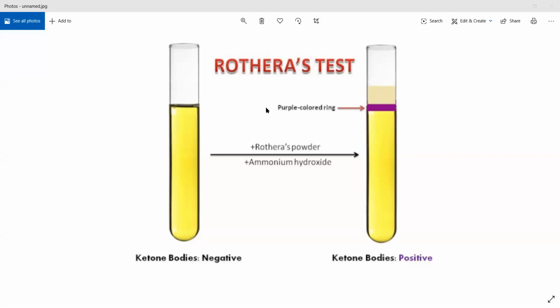If there is no ketone and you perform Rothera's test, you will get a negative reaction where the urine will be yellow in color, like normal urine. It will not change color as such. Sodium nitroprusside naturally is red color. Okay, those crystals are red color. So you might have some intensity in yellowish. If you dilute red color a little bit, it can become yellow. So once you mix that, you will have a negative reaction where you only get a slightly darker color of urine but no purple ring formation. Okay, I hope that answers your doubt.